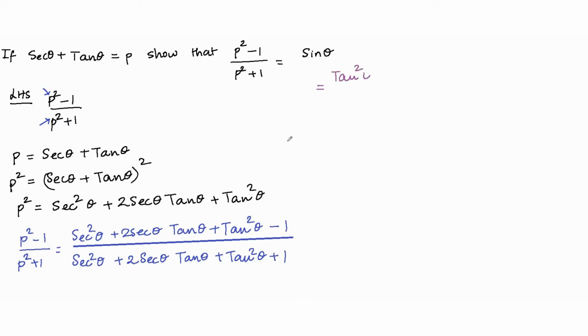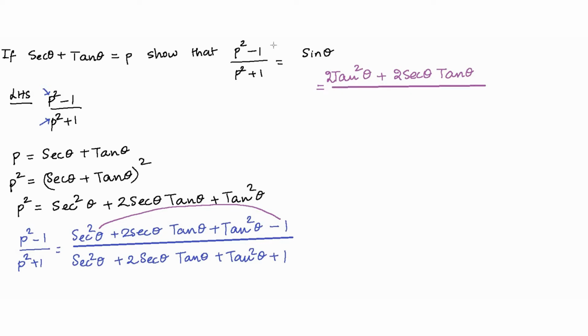So I have tan square theta. So sec square theta minus 1 is tan square theta. And tan square theta plus tan square theta becomes 2 tan square theta plus 2 sec theta tan theta, the whole divided by,